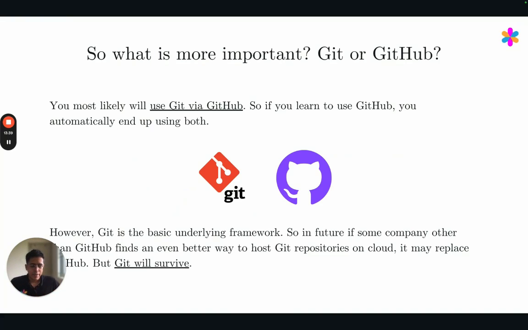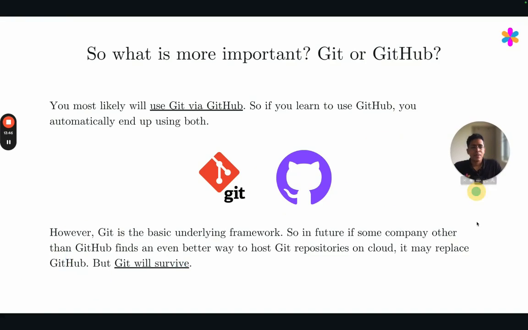Another question that we have got while conducting our webinars in the past is, which one is more important, Git or GitHub? This is a great question because GitHub is basically based on Git, right? So in my opinion, Git is more important in the sense that Git will probably stay longer. It might not get replaced by anything, but GitHub can get replaced.